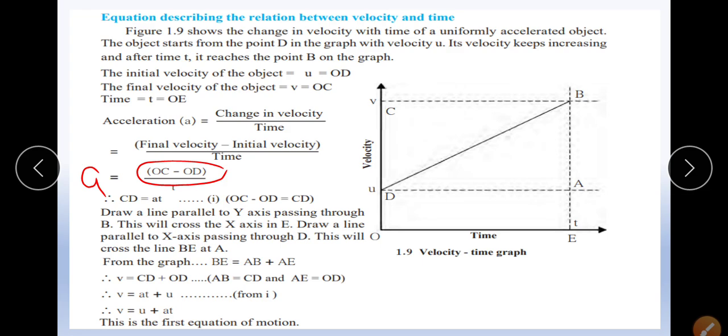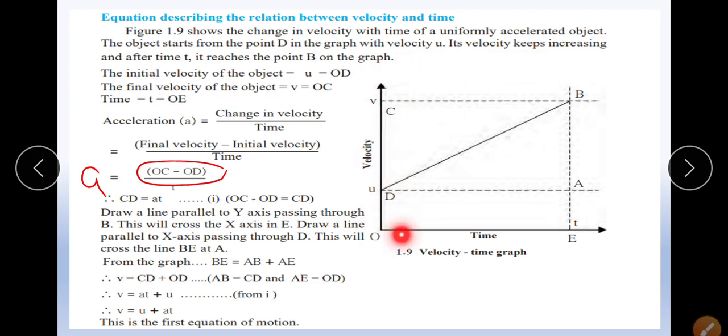This is the first point. Now they say draw a line parallel to the y-axis that is passing through B. This will cross the x-axis at E. Draw a line parallel to the x-axis through D. This will cross the line BE at A. From the graph, BE is equal to AB plus AE, and v, this is v, is equal to CD